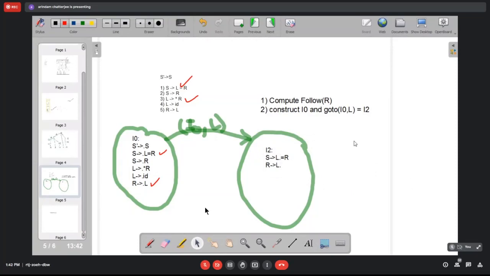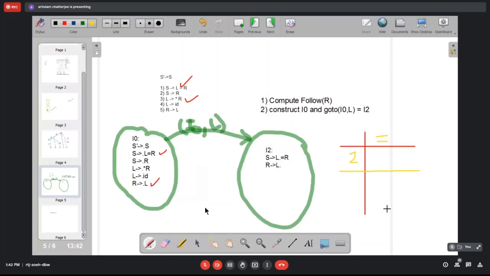Now if you construct the SLR parsing table right here, in particular, you will have this terminal symbol, which is equal to, and in state 2, for the terminal symbol, what would be the action? That is the question.